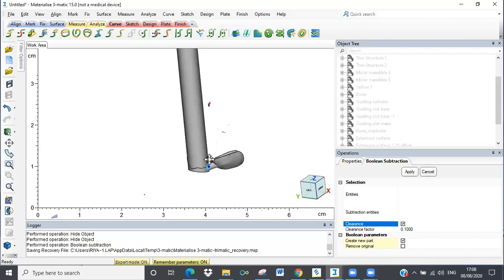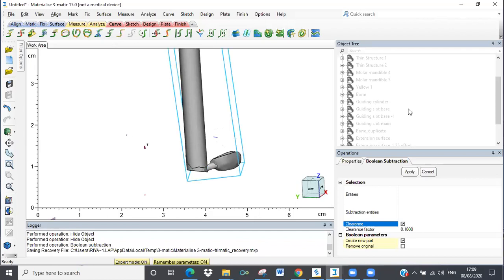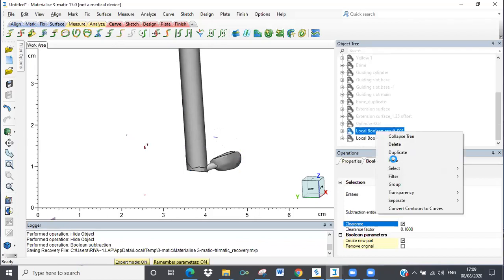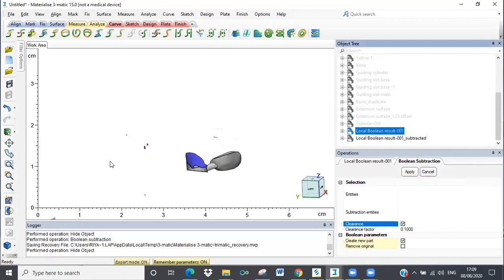Yes. So the operation is finally complete. As I was telling, you can see all these small blue things. These are all the noise shells that have come from the Boolean subtraction. In case you had ideally fixed the files in the very initial step, this would not have happened.